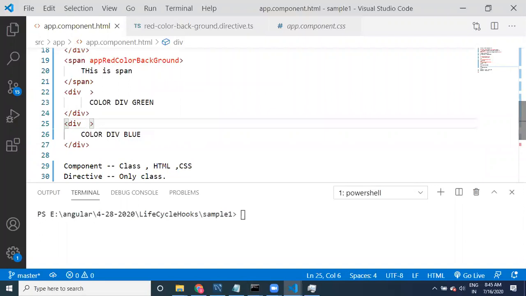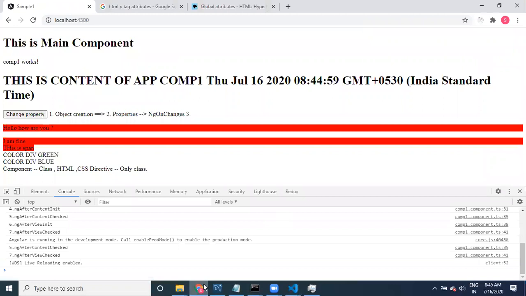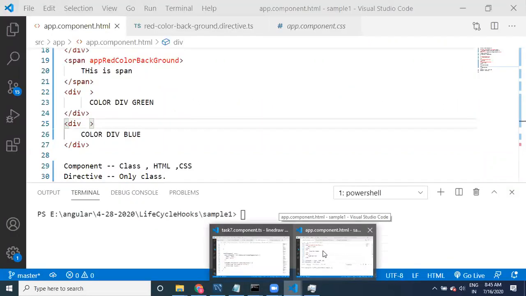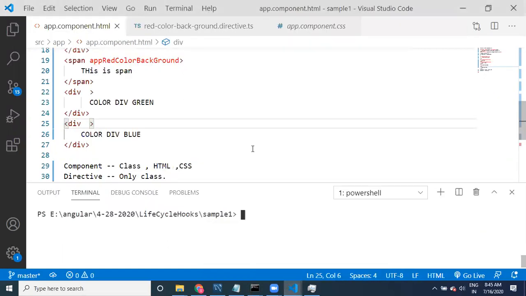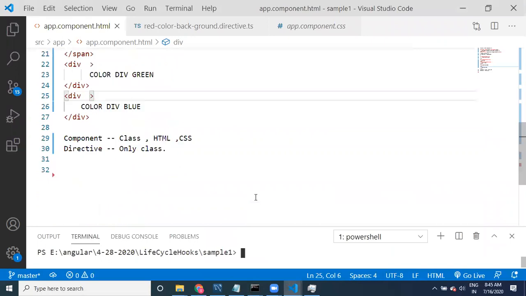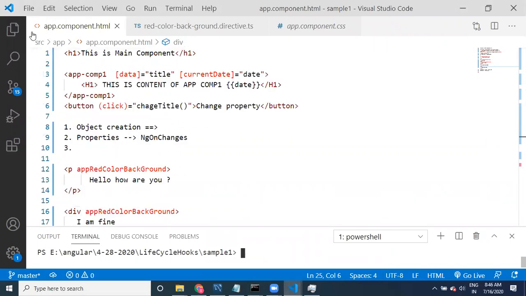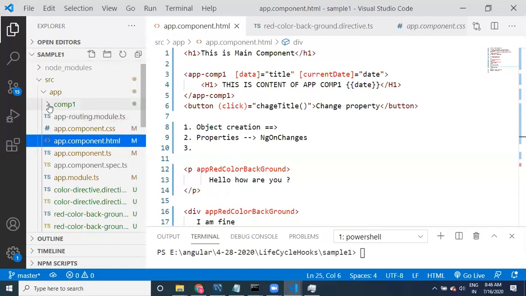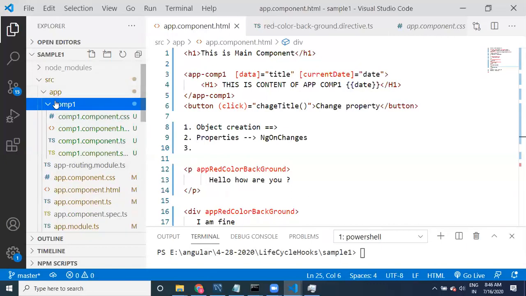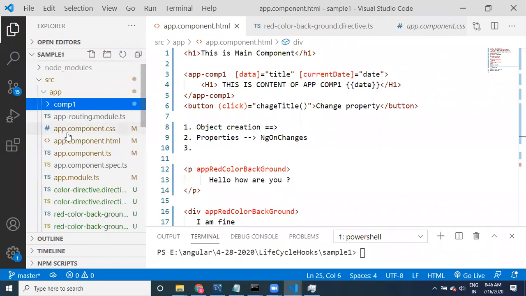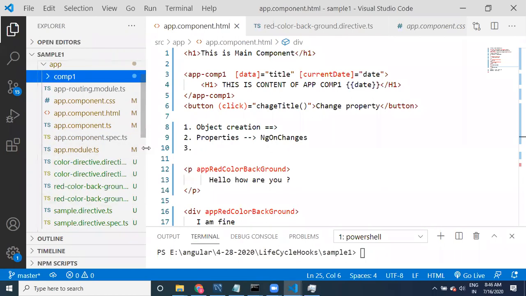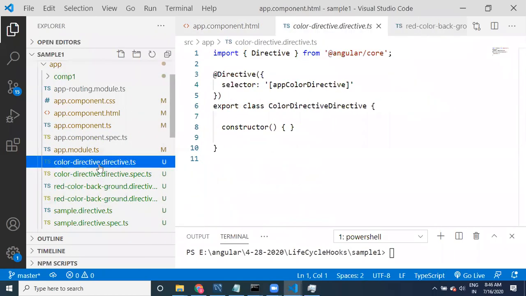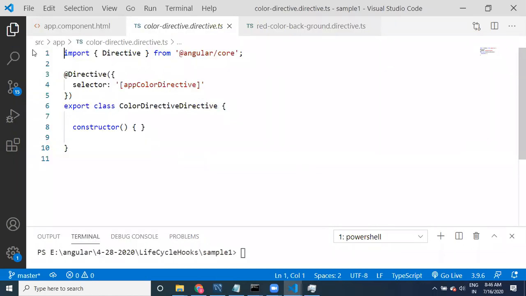Fine. Okay, let us go to the code. Color directive.